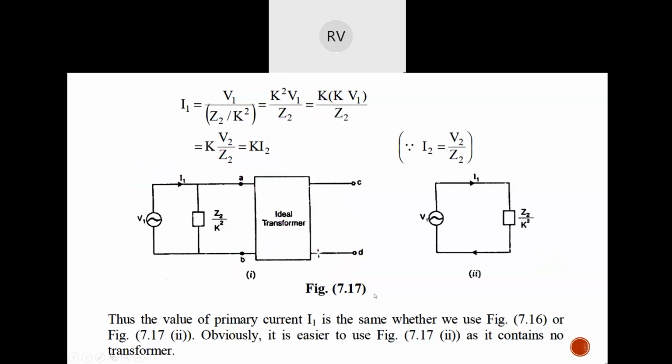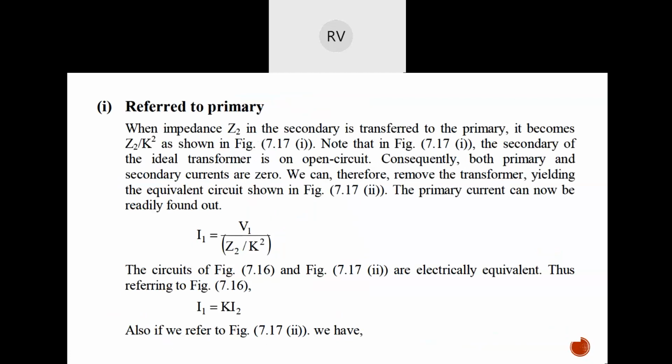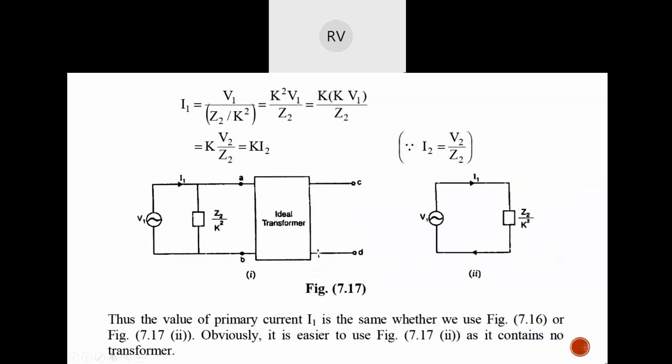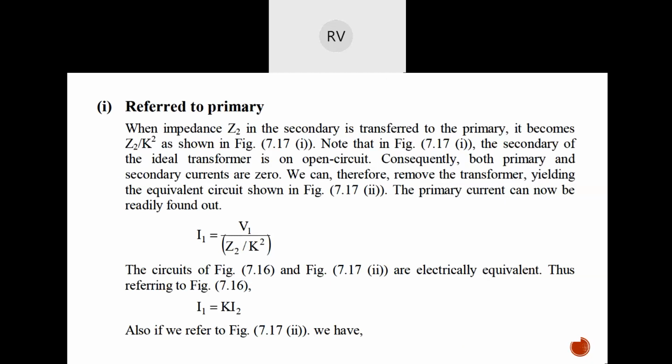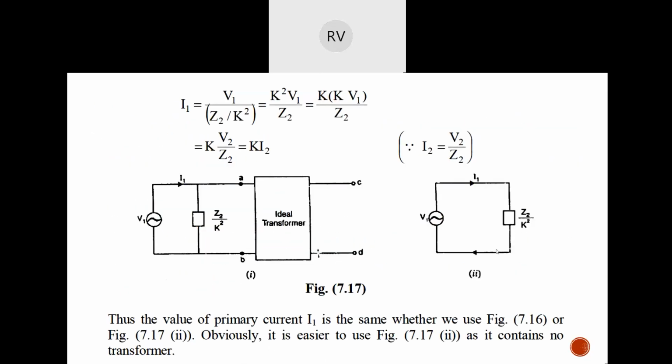So because of this, the primary current can be directly found by V1 by Z2 into K square. Just by solving this simple circuit, you can find out the primary current. When you know the primary current, then you can find out the secondary current. Similarly, you can see I1 is equal to K into I2. This we know, right? And from this particular secondary, we can write that I1 is equal to Z2 by K square,